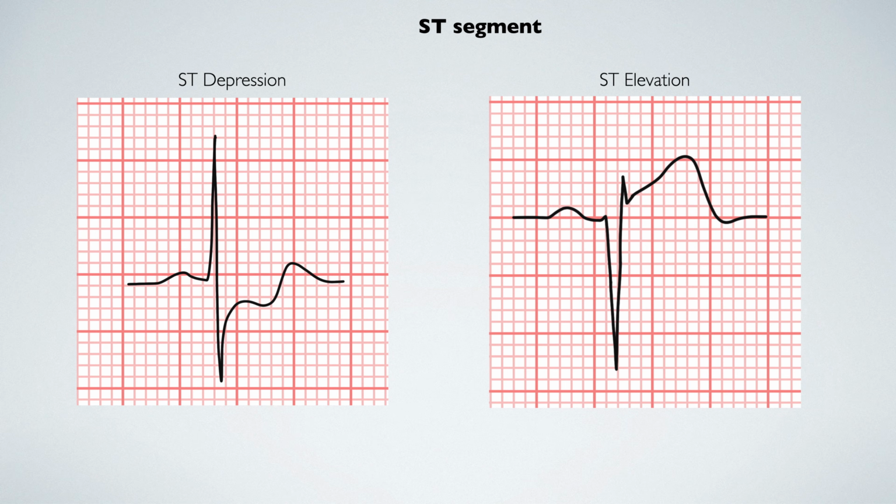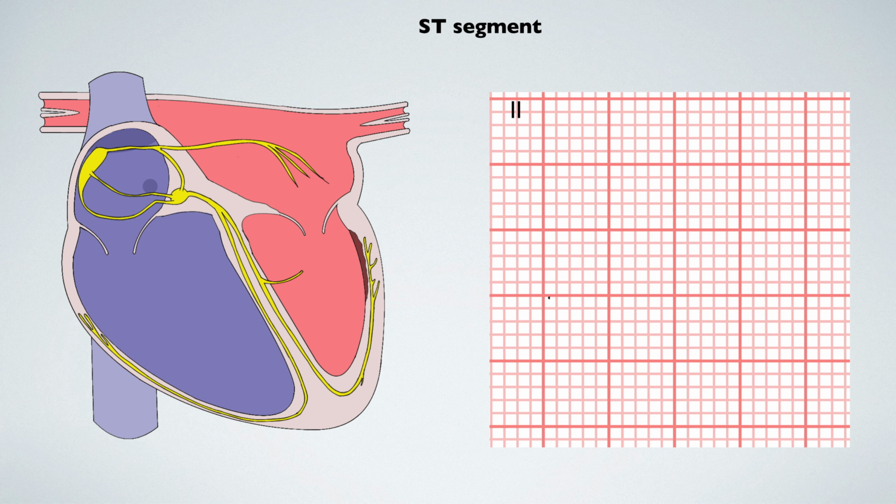There are 2 presentations to review here. These are ST depression and ST elevation. Let's start with ST depression. The most important cause of ST depression is subendocardial ischemia, so we'll focus on this as the cause of our